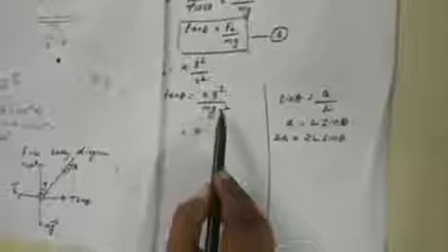Tan theta is equal to k q squared divided by mg r squared. Here r is the total distance between the two charges. Here it should be A and it should be A. So r is equal to 2A. First we are calculating the A value. So sin theta is equal to opposite side by hypotenuse. So sin theta is equal to A divided by L. A is equal to L into sin theta. Then 2A is equal to 2L sin theta, which is equal to r.